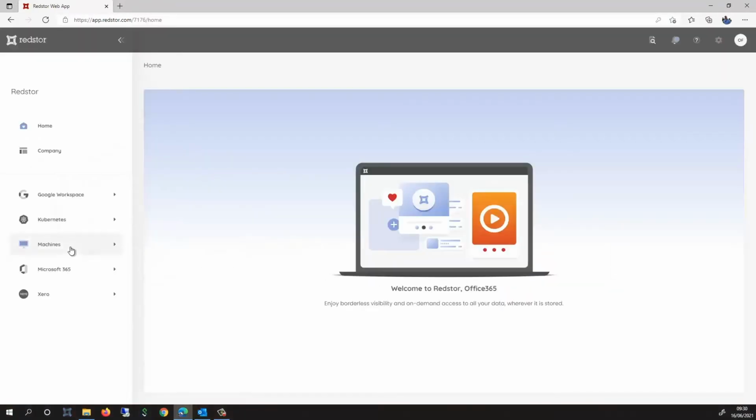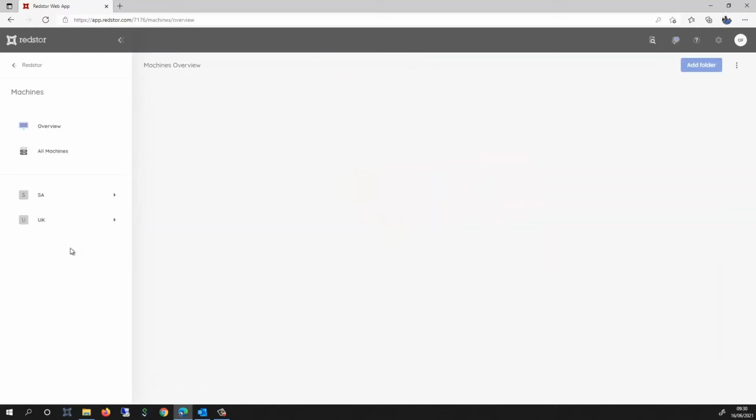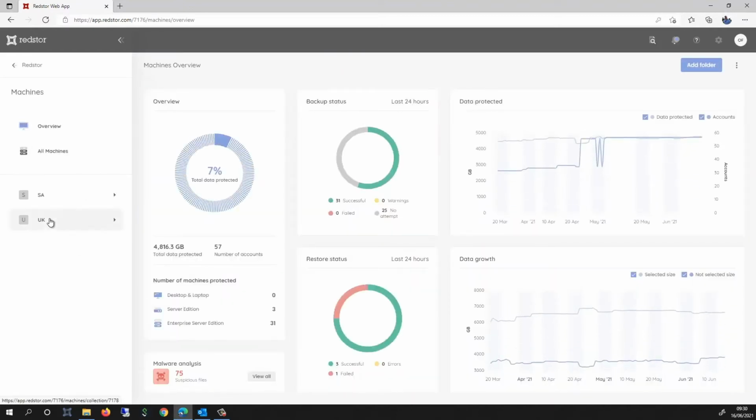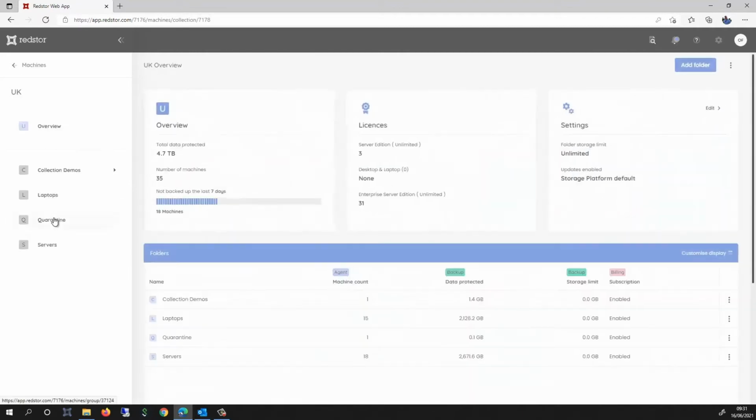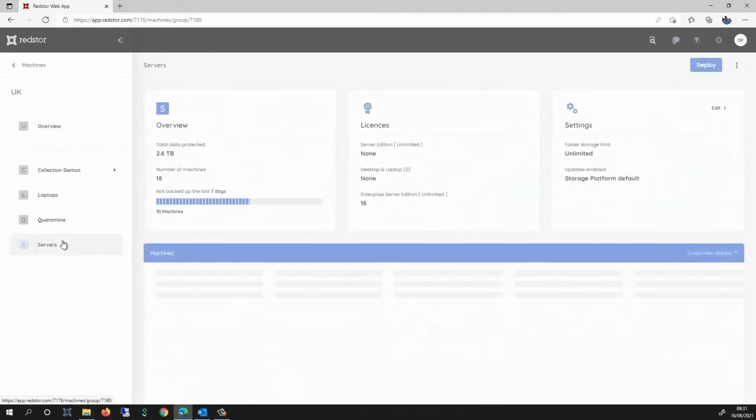And we'll move over to the left hand side where I have an area called Machines. This is where all my Windows, Linux and Mac infrastructure will sit. So if I browse into the first card, you can see a dashboard showing how many laptops I'm backing up, how many Enterprise Server Editions I'm backing up, and we can see how much data has grown over the last few months. So in this case, I'm going to go into my UK data center, go into my servers group,